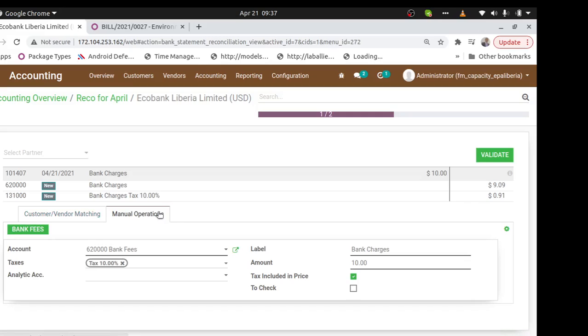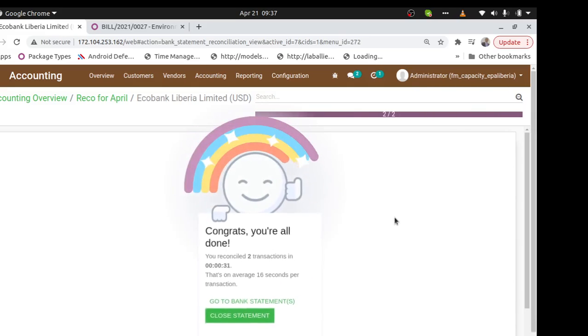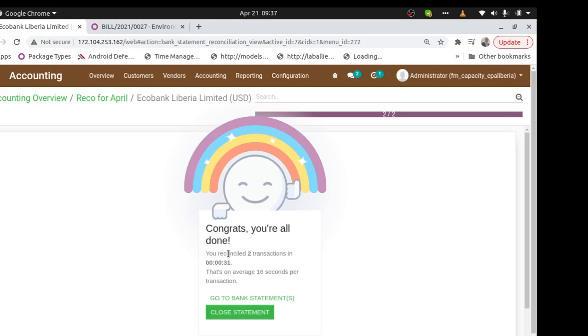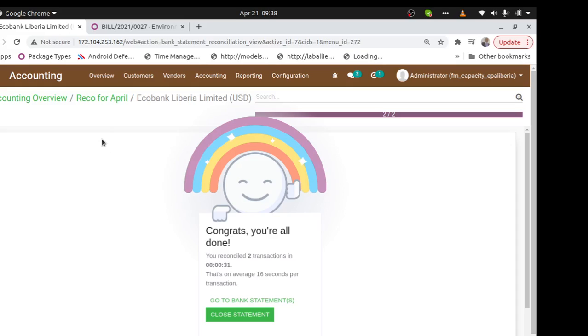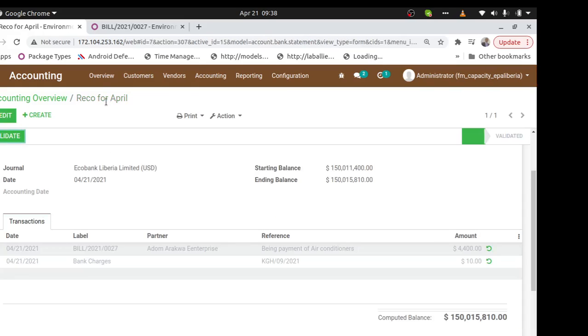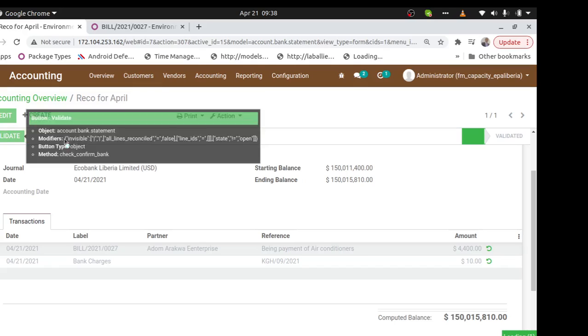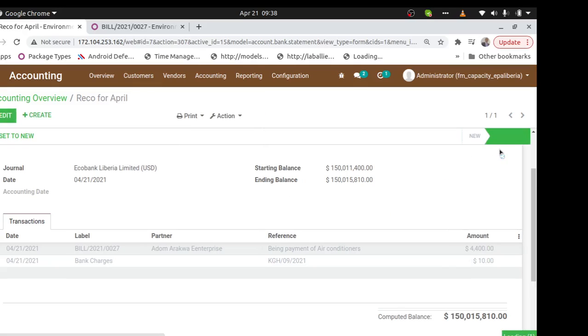Just click on it, then it shows me the write-off entries, how they will be posted, and then just click validate. When I click validate, the system shows me a message, you have reconciled, in only 16 seconds. So I'll go back to Rico for April, and then I validate my Rico. That is validated. So that's how reconciliation happens.